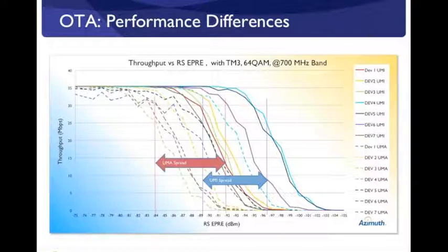And the two different channel models are urban macro and urban micro. As you can see, there's a significant spread in the performance. So for a specified RSRP, throughput varied by up to 500%. And some devices did better in the more challenging urban macro model than the urban micro, or others did in the urban micro. So what we've been told by the operator of this lab is that this